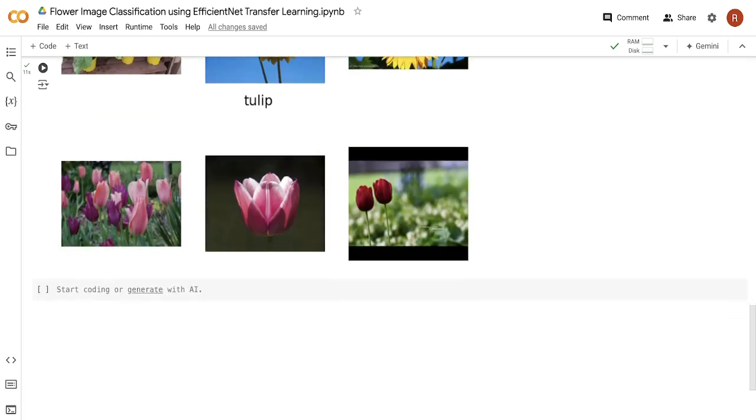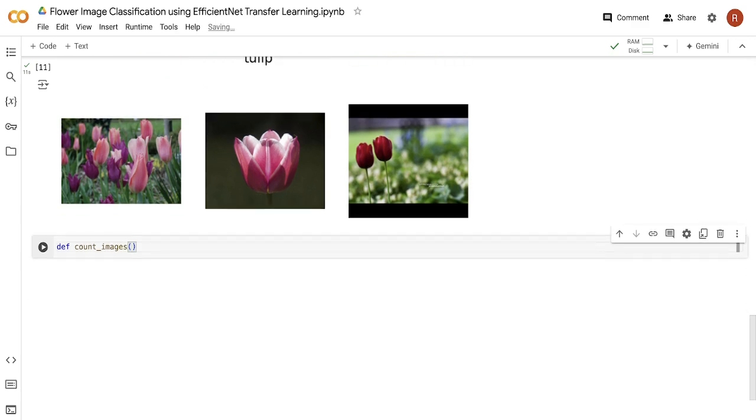For that we will write code which counts the number of images in every folder. We will check the count of images before and after performing data augmentation to verify whether the augmentation has happened or not. So here I will say def count_images. This function will count the images in every folder, that is, the count of images in the daisy folder, the dandelion folder, and so on. Then we will pass our directory here, which will be our base directory. Then for category in categories,